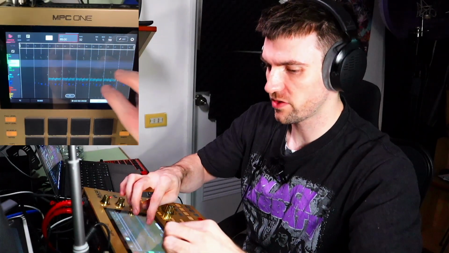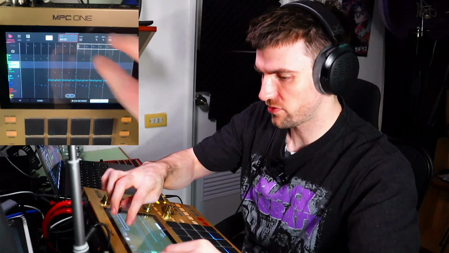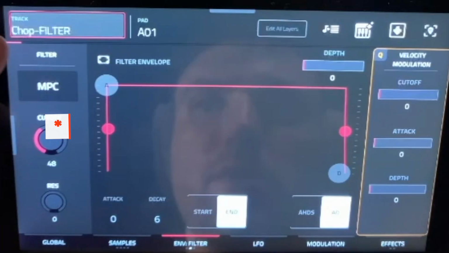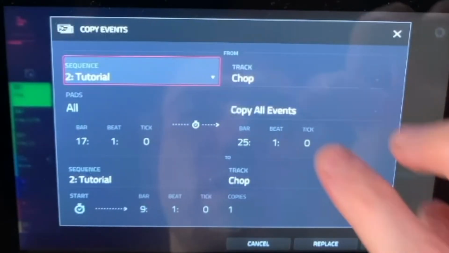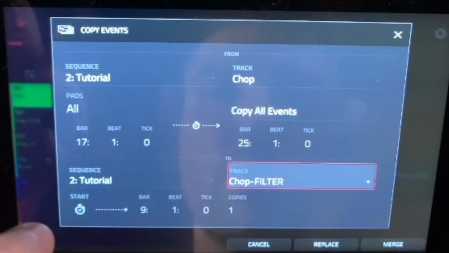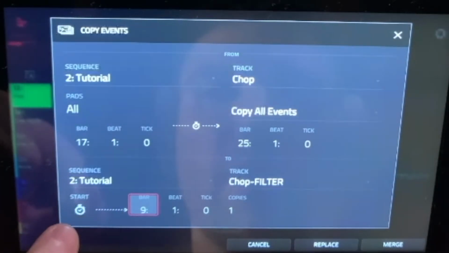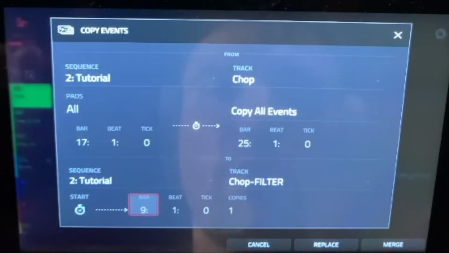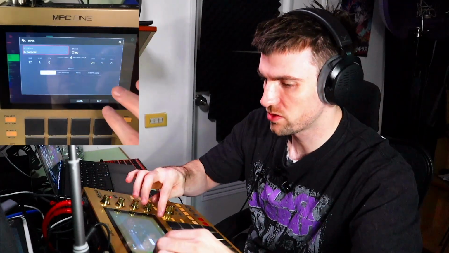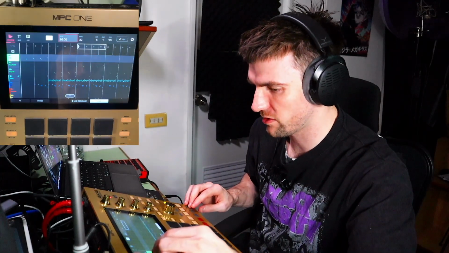Now we have all these bars, right? But we need to find ways to make things more interesting. After this LFO part, we're going to take the same method to put the chops on the LFO, and we're just going to put it in a track with a simple filter on it here. Let's copy events from chop. We want to take it to chop filter, and we want to pay close attention to this start bar because it's easy to make that mistake. That part, it doesn't always set for you. Now we hit replace, erase the original notes in the chop program, and then we have